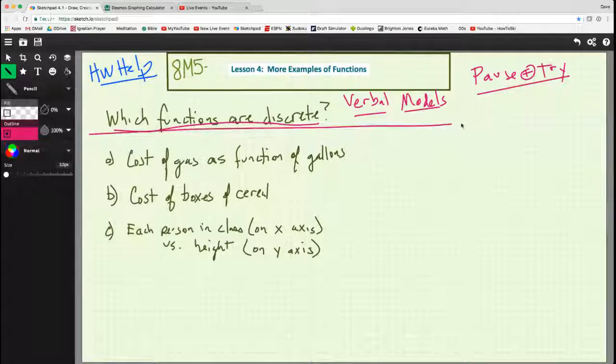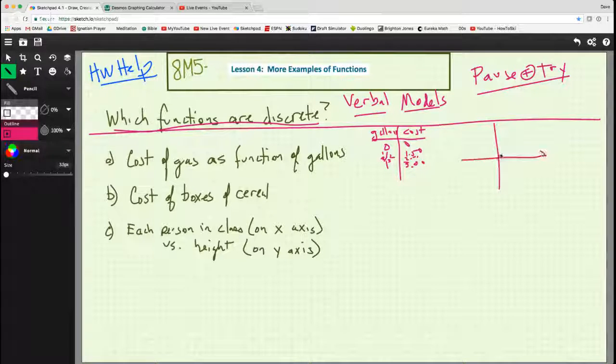We're back now. Cost of gas is a function of gallons. If you've ever gone to the gas station and seen your mom or dad fill up the car, or if you're old enough to drive, you know that the gallons can be fractions. So you can buy 0 for $0, you can buy 1 for $3, say, but you can also buy a half gallon for $1.50, or 2/3 for $2. So when you think about the cost of gas, it's a smooth,